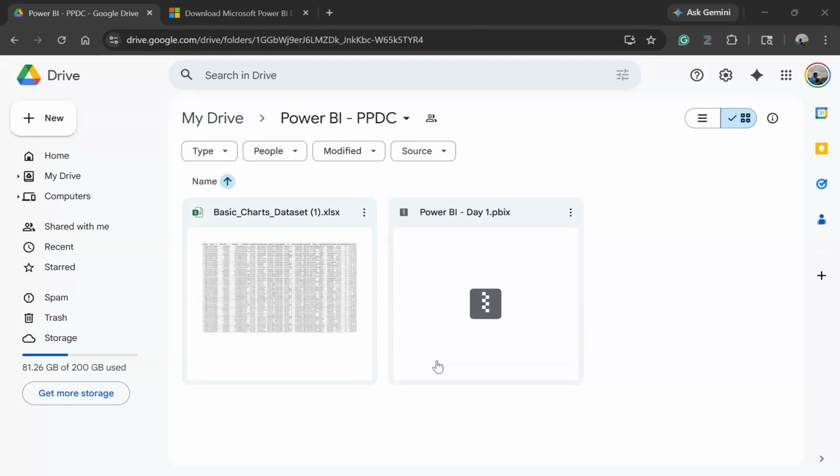Now, guys, apart from these six or seven charts which we have discussed so far, we have several other charts over here. Like we have this line and stacked column chart, and this line and clustered column chart. But most importantly, guys, there are a few new charts, like the waterfall chart, funnel chart, and scatter chart, which actually bring more insights.